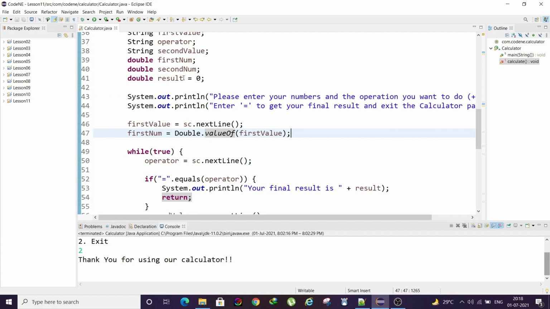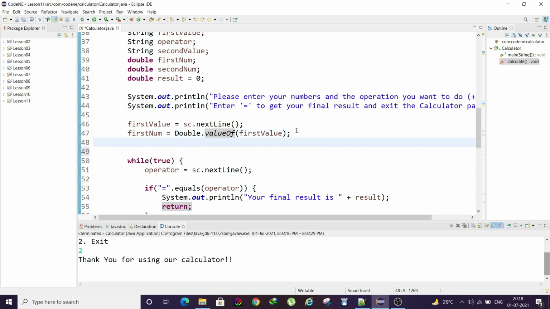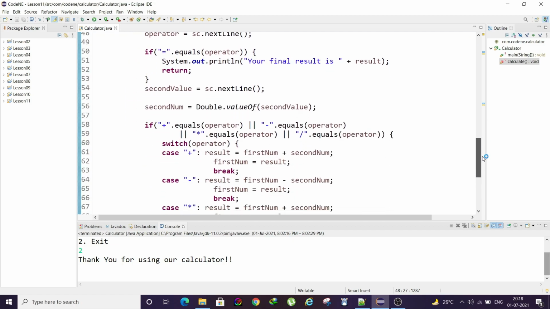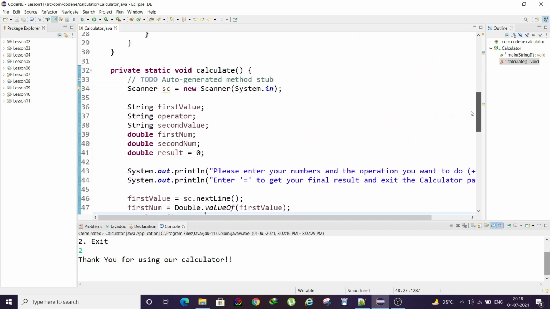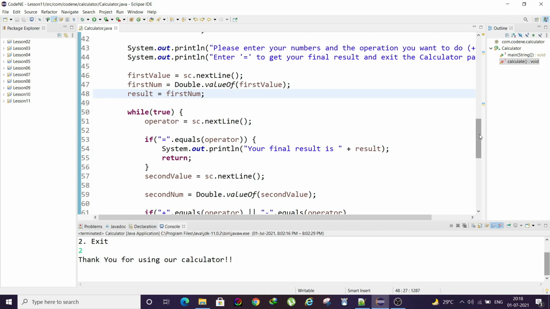Another thing, the result is initialized to the value of 0. So when the user enters the first value and enters equal to, he will get 0. So to make our calculator look sophisticated, to make it look good, we'll initialize this as well. Suppose he will enter some value like 10, he presses equal to, then of course 10 should be displayed to him, not suddenly 0. So that's why we'll use this. Okay, I think our code is pretty much ready. Let's run and check it.